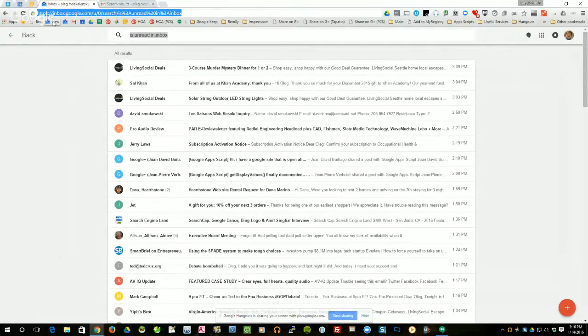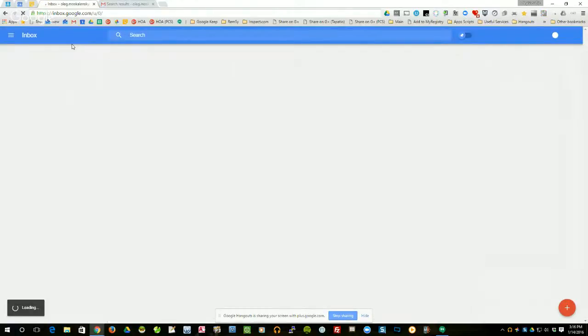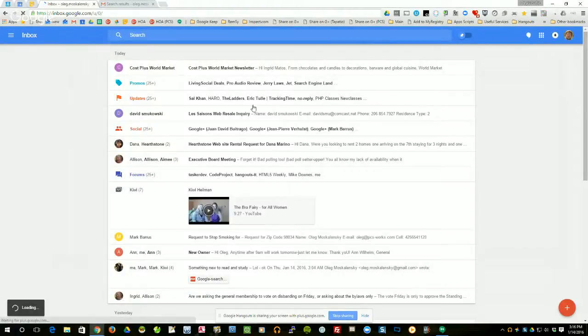I already have set up a bookmark with this command, and it's got a little inbox icon. I just put the text in there saying new. So I have regular inbox. It looks like this, and that just shows everything there that's old and new. As you can see, there's some unread messages, some read messages, basically everything that I have. But then if I go and click on this icon that has the word new on it,